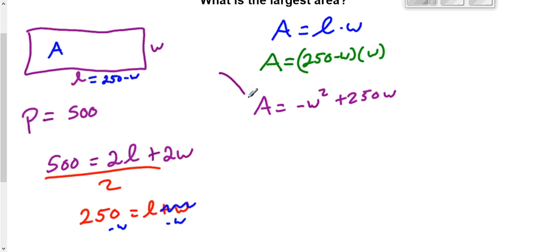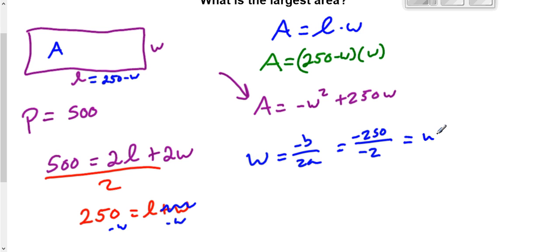Again, I have no idea about the area. We're not trying to find the roots. We're finding the vertex. We have everything we need for the vertex. We have B and A. So that's what we're going to do. X is equal to negative B all over 2A. In this case, actually, it's not going to be X. It would be W, because that's our variable. We get negative 250 over negative 2